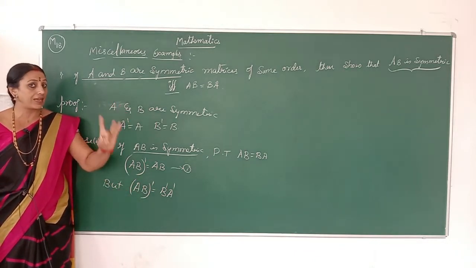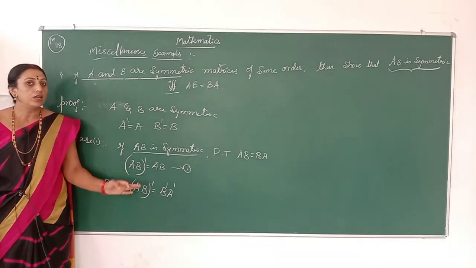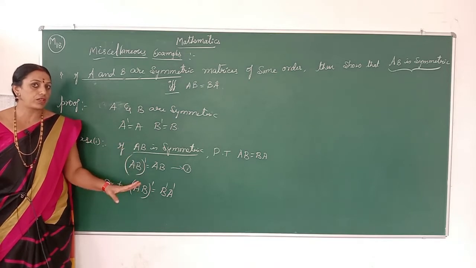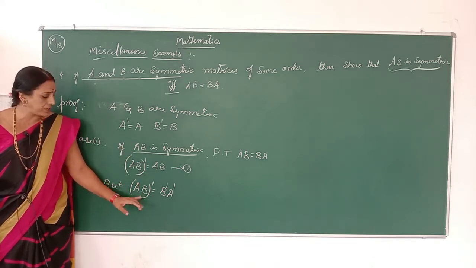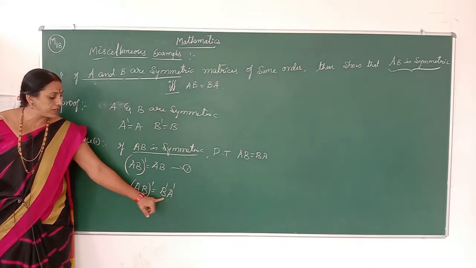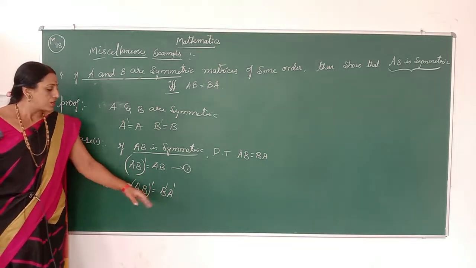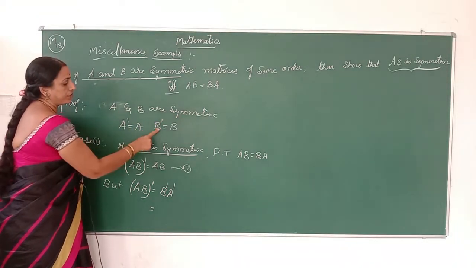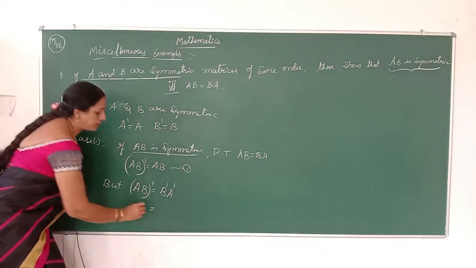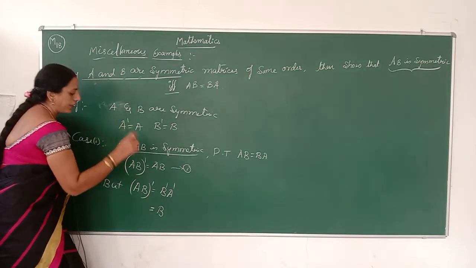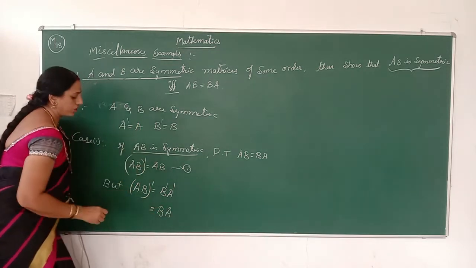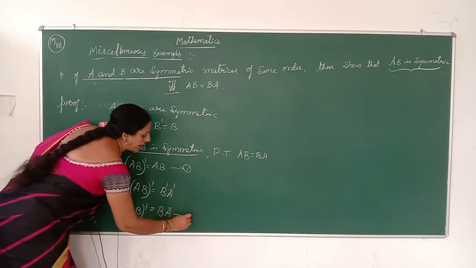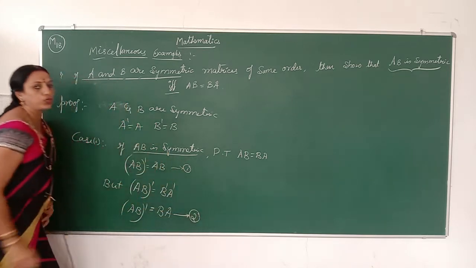Addition, subtraction, scalar multiplication and multiplication theorems we have already defined. So by the fourth theorem of transpose of a matrix, (AB) dash can be written as B dash into A dash. So B dash, by using the given condition of symmetric matrix, B dash is nothing but B, and A dash is nothing but A. So therefore (AB) dash is equal to BA. Let this be called equation 2.